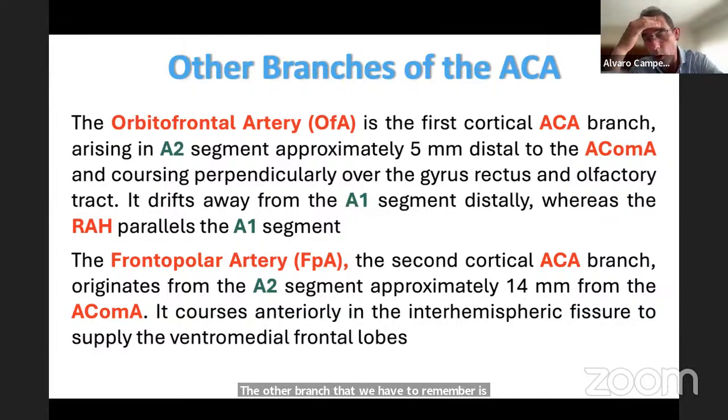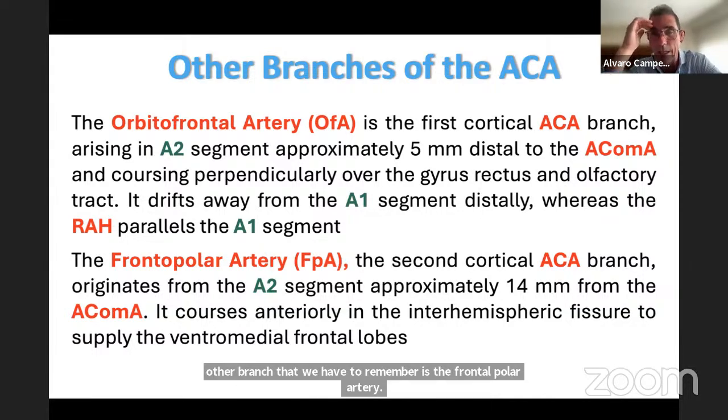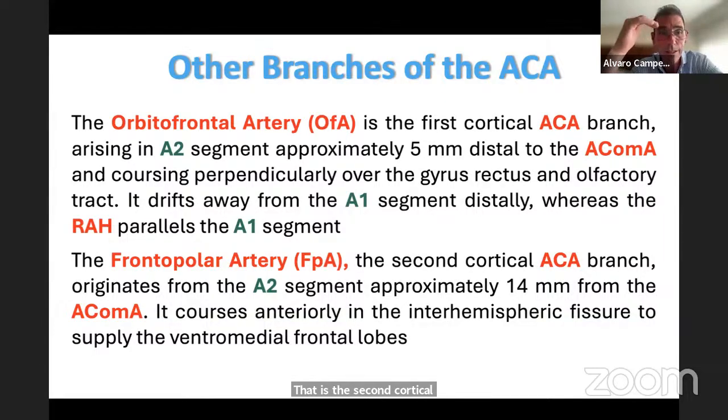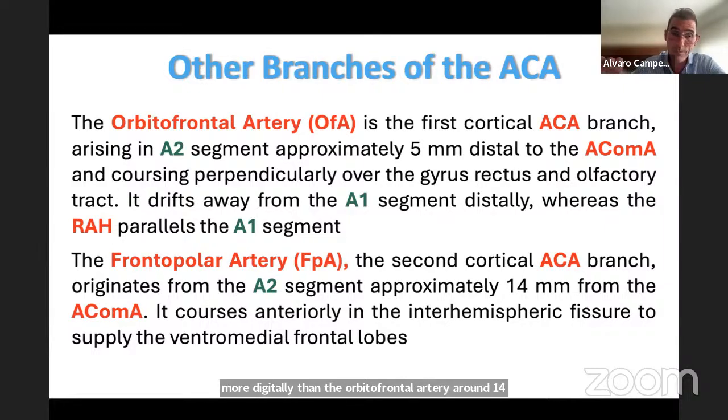The other branch that we have to remember is the frontopolar artery. That is the second cortical branch of the anterior cerebral artery that also originates from the A2 segment, but more distally than the orbitofrontal artery, around 14 millimeters from the ACom artery. And different to the orbitofrontal artery, the frontopolar artery courses in the interhemispheric fissure to supply the ventromedial frontal